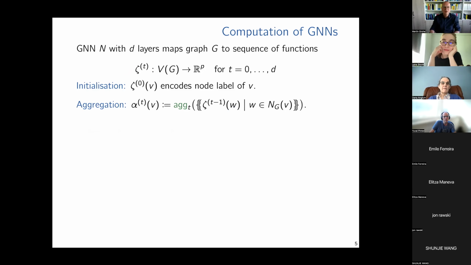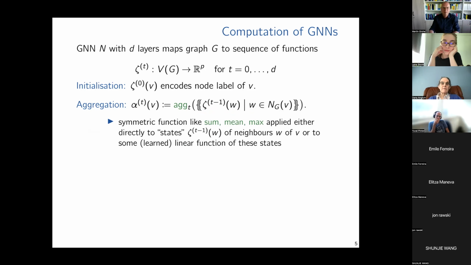Then in each round, basically, we aggregate at every node the states of all neighbors. Okay, so here we have the current state after t-1 steps. And this is a multiset, so a set where elements may appear more than once. And this goes over all neighbors. So we look at all the states, at the multiset, now aggregate this. For example, we just sum up the vectors. And that we call alpha, okay?